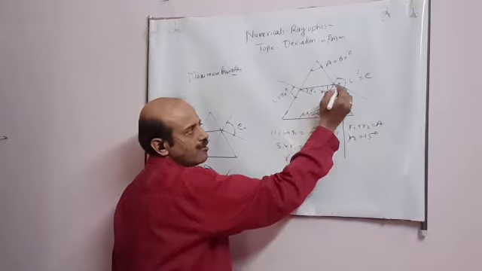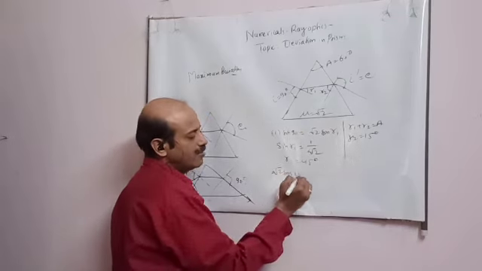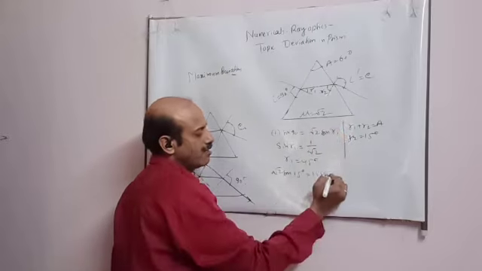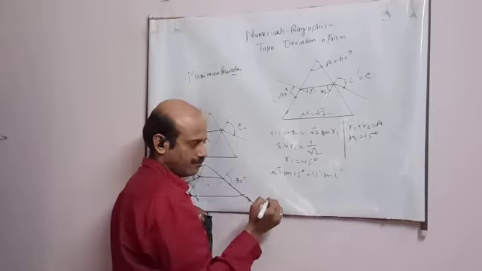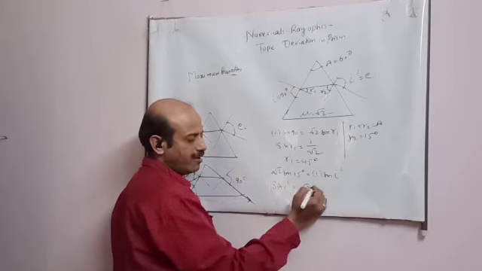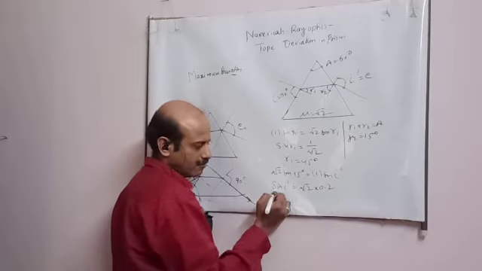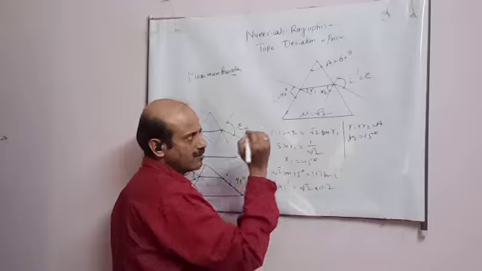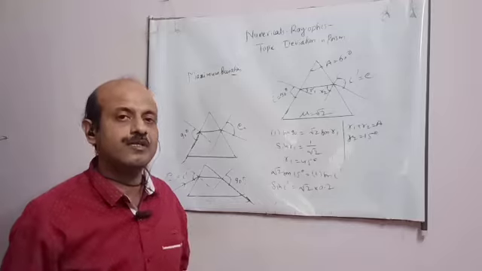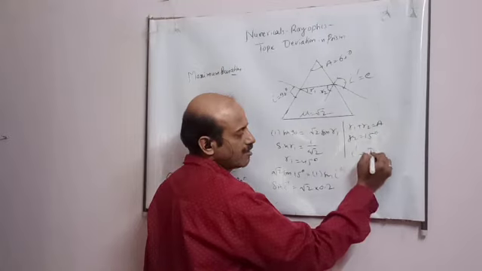Now again you apply Snell's law here. Mu root 2 sine R2, means sine 15 degree, is equal to 1 sine I dash. So how much is sine I dash? Root 2 sine 15. If you remember, I think 0.36 something is there. So I dash will be sine inverse of this. You get the other angle. Remember, this I dash is the second angle for which the deviation will be maximum.